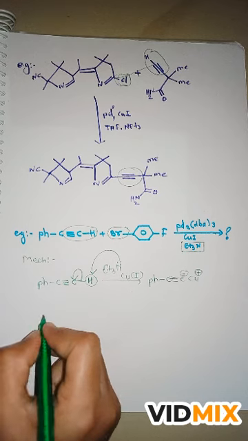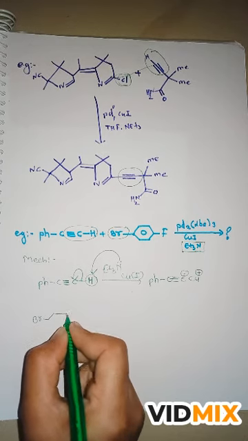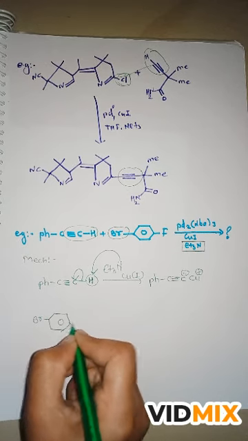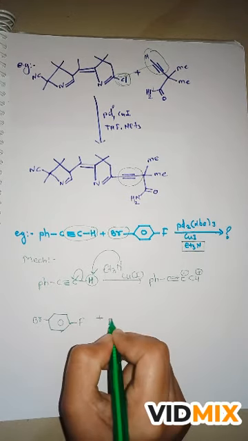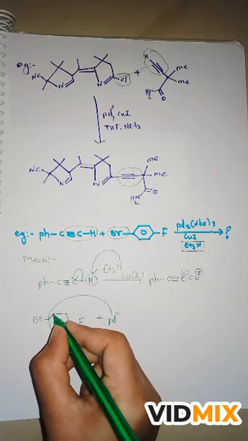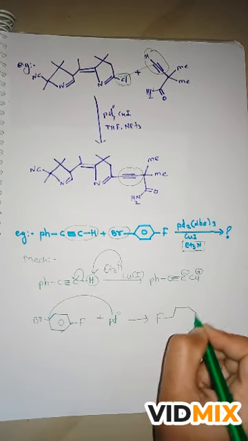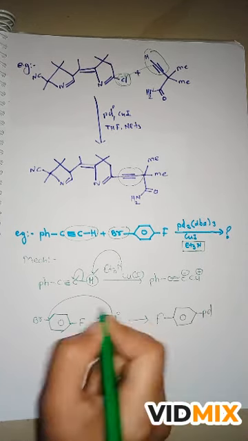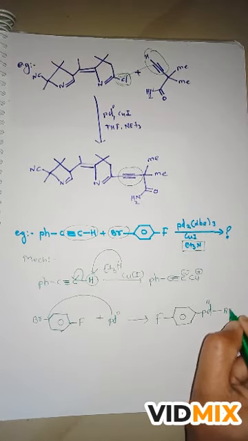In the next step we have the aryl halide. We write here our aryl halide, plus our main catalyst, palladium in the zero state. This palladium attacks this sp carbon and gets joined with that carbon, and in our next step this Pd, which is joined here to the sp carbon, is Pd(II), palladium 2, and this Br remains.